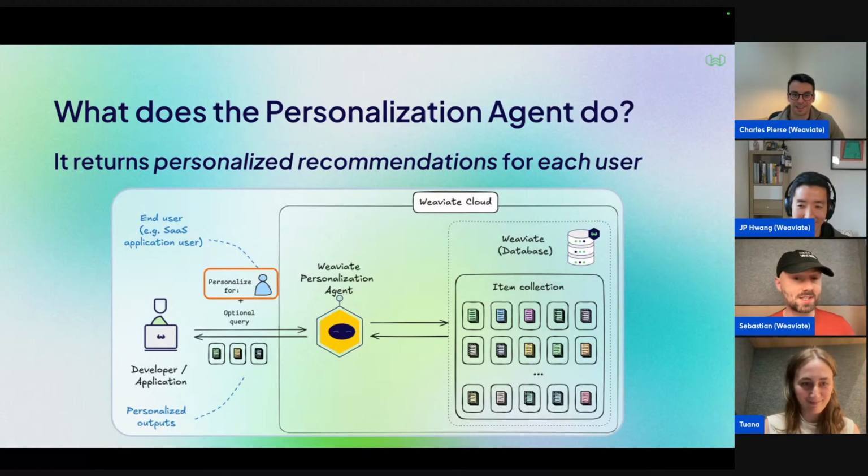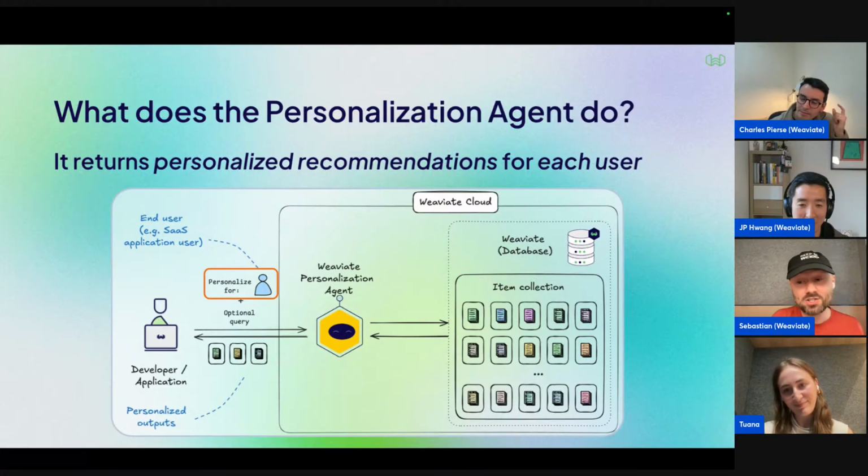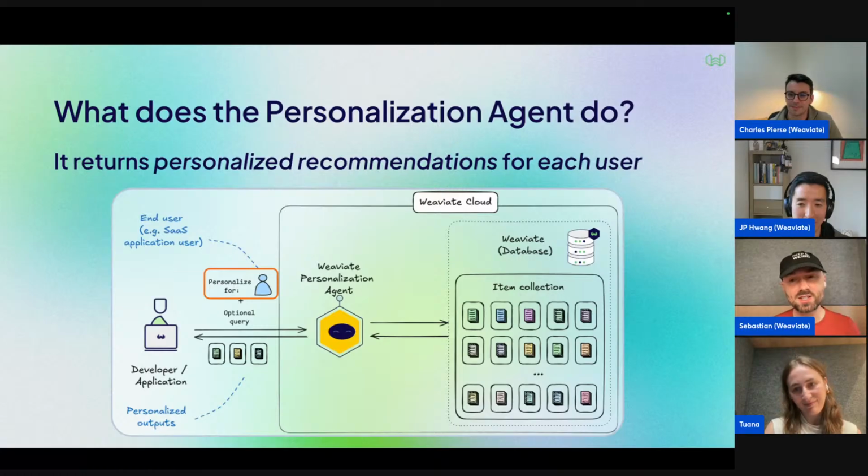And then the idea is that you can, with very few lines of code, just like you saw for example with the query agent, ask questions that are related very closely to the user persona. This is super powerful, and I can't wait to actually show it to all of you.